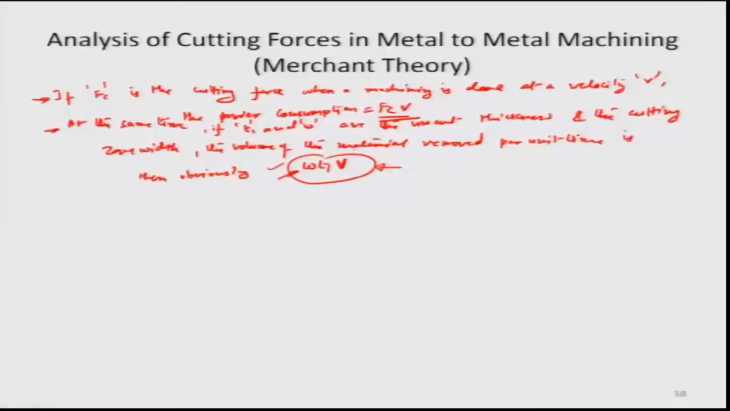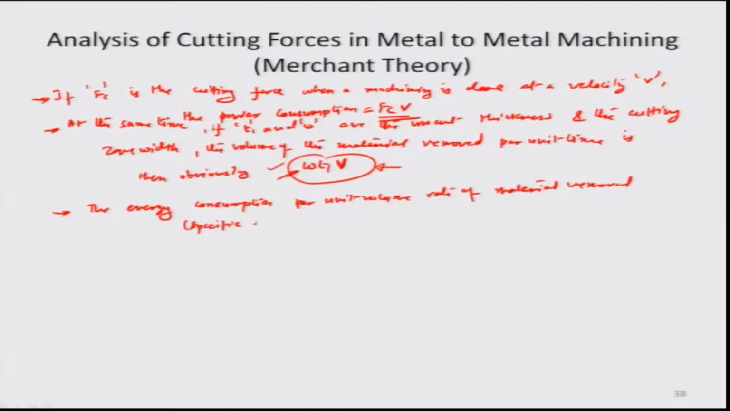Okay. So having said that, the energy consumption per unit volume rate of material removal, which we commonly also know as the specific cutting energy or specific energy, is then given by Uc equals Fc V, which is the amount of energy consumed per unit time, divided by the volume rate of removal per unit time, which is W T1 V, or in other words it is Fc divided by W T1. So this 1 by W T1 factor